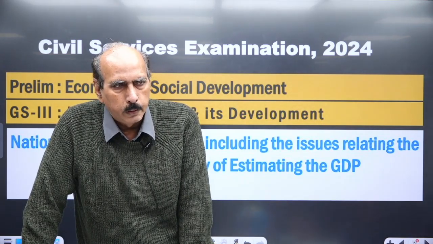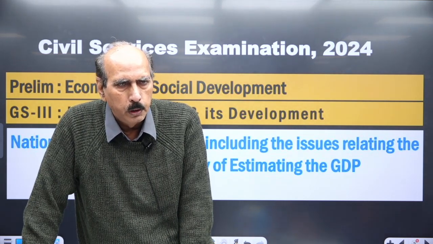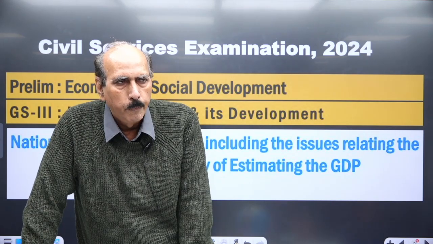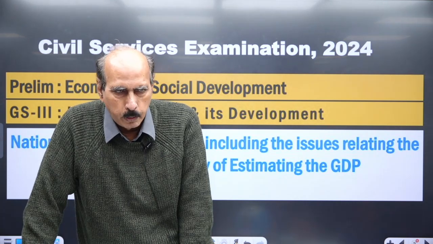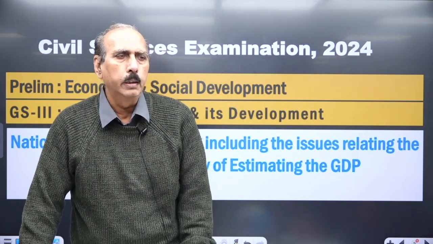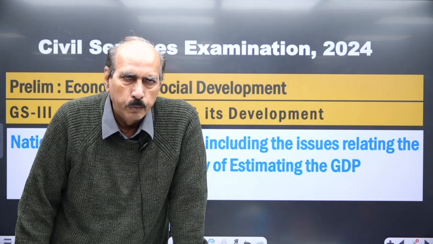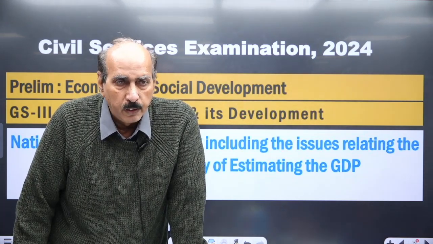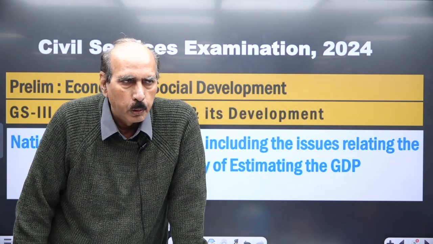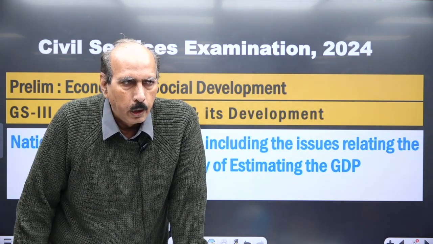That is, all sectors should contribute to the development process, and all persons in the working age group, if they are willing to work, get the job at the given market wage rate, then it is participative. And if the benefits of the growth are reaching everyone equitably according to their skills and capabilities, then it is shared growth. So we have to plan to achieve inclusive growth. It is not automatic. That's why this is preferred. It requires specific policy actions to make it comprehensive, participative, and shared growth.